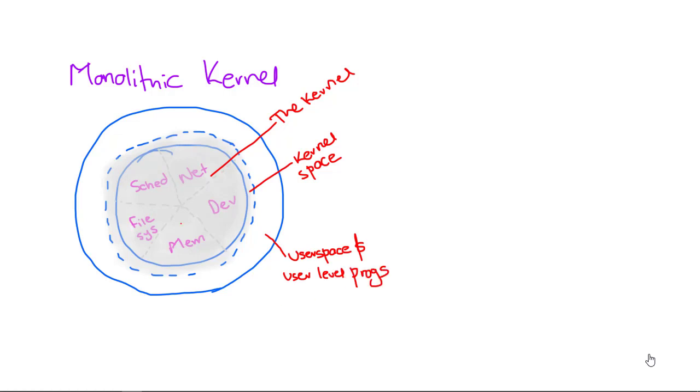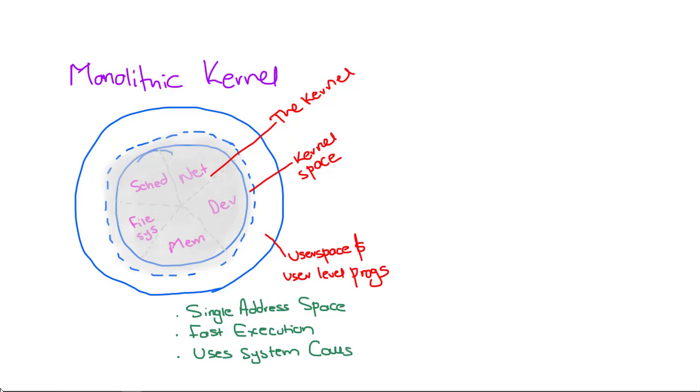However, be that as it may, it has very admirable features. One is that it is essentially a single large process that runs entirely in a single address space. And this allows all components in the kernel to have access to all of its internal data structures and routines, making execution quite fast. Also, the monolithic kernel provides its services through system calls which are simple and secure.